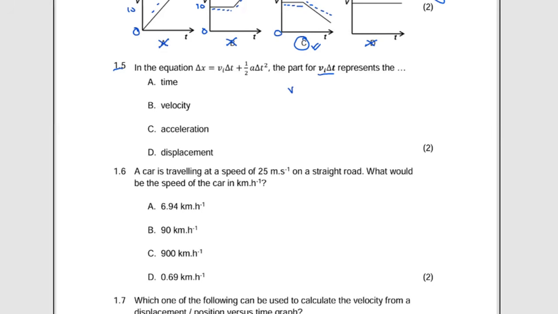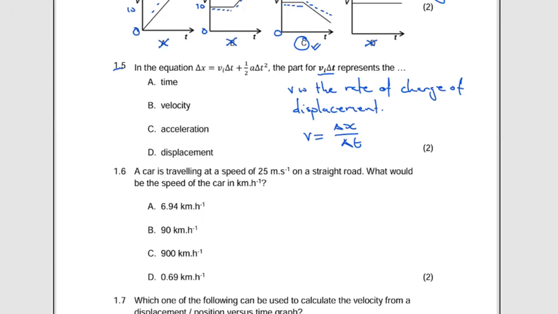That's our velocity there. So by formula, V is equivalent to delta x all over